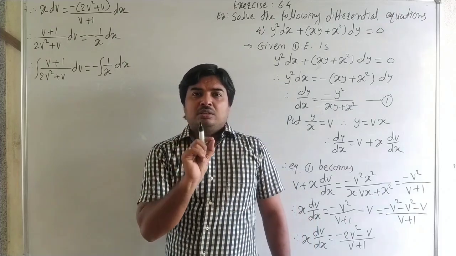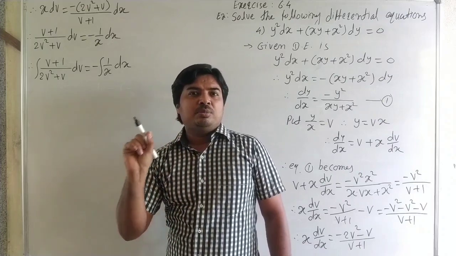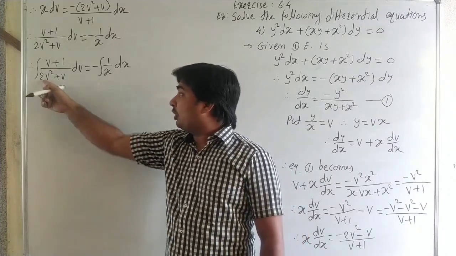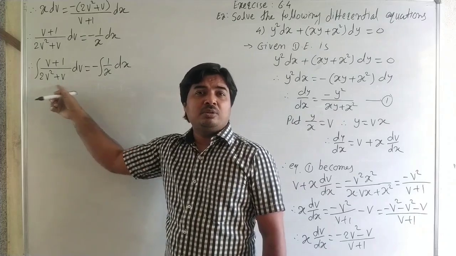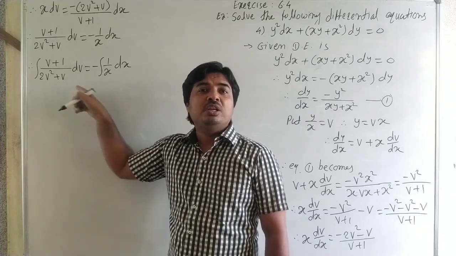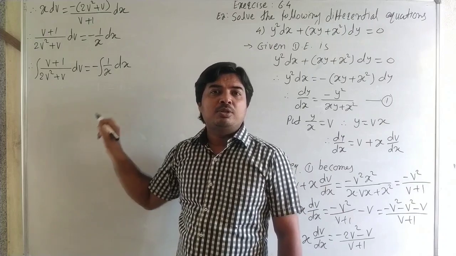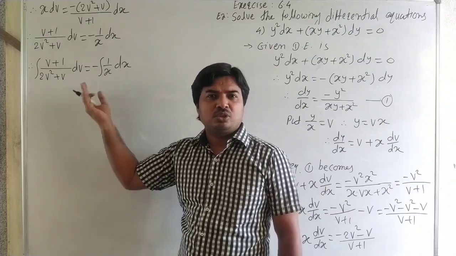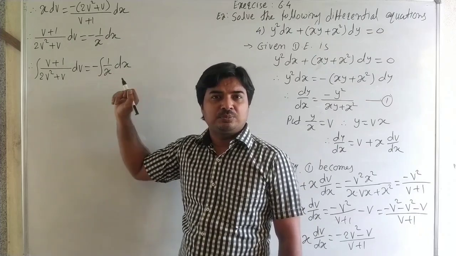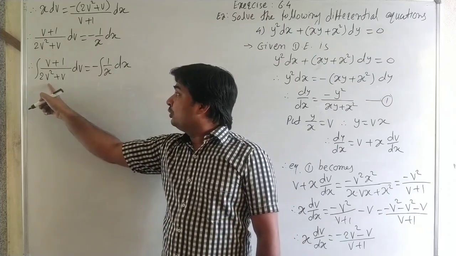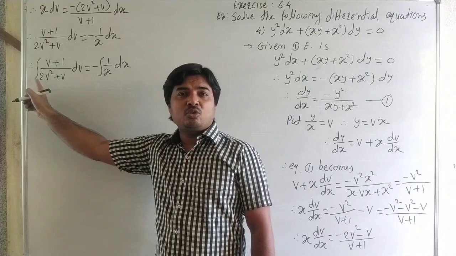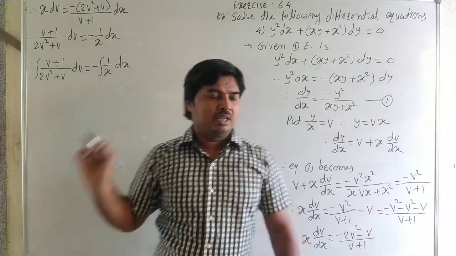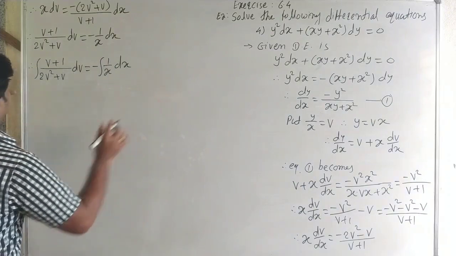But if the integral is in the form of a linear function upon a quadratic function, and the quadratic function gets factorized, that means the quadratic function has two linear factors, then it will be solved by partial fractions, and it is easier than the other method, that is adjusting the derivative. Okay. Here it is 2v² + v. Here we can take v common. It is factorized. So here we use partial fractions. Okay. See carefully this.